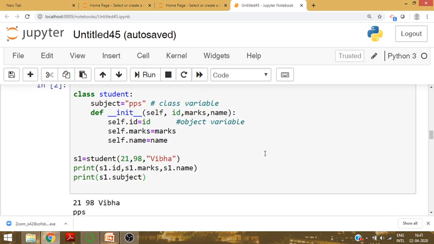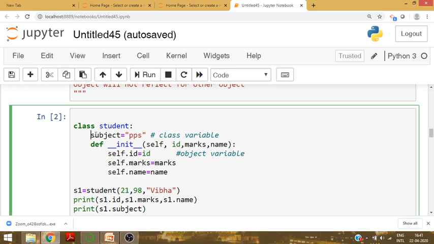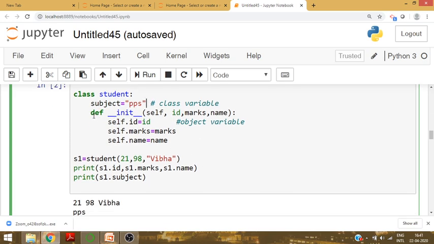We will see one example. Suppose class student. In that suppose we have written one variable subject equal to PPS, then that variable is called a class variable. Why class variable? Because that variable is inside the class. Now we have the init method. Actually we have not covered it, but I will tell you later.